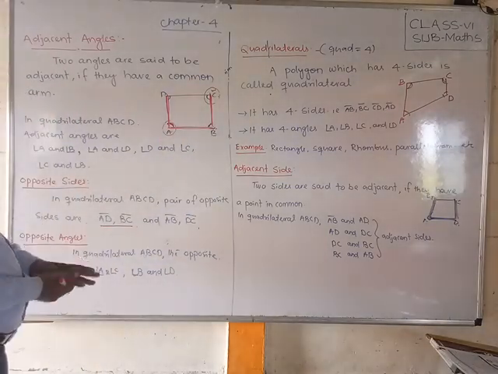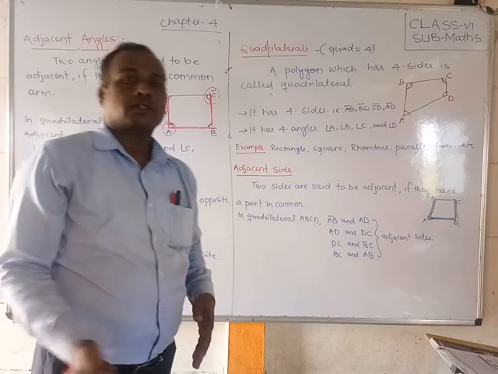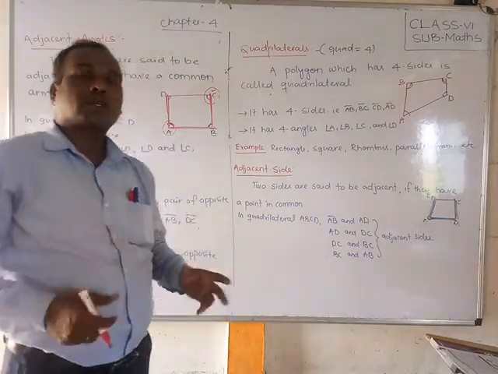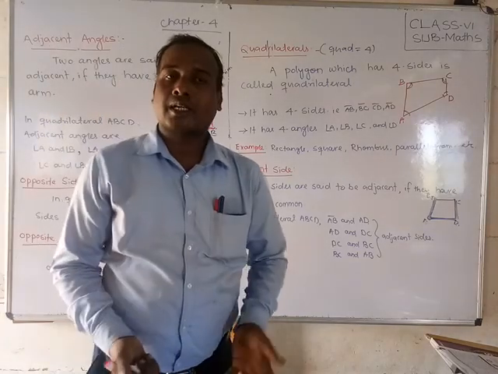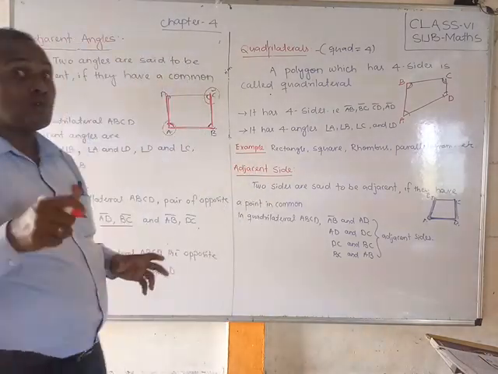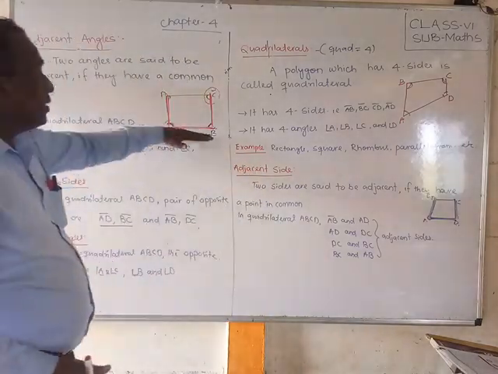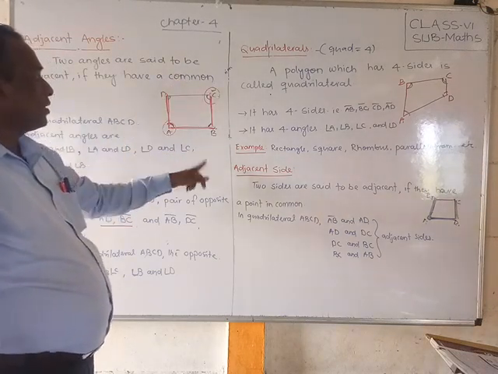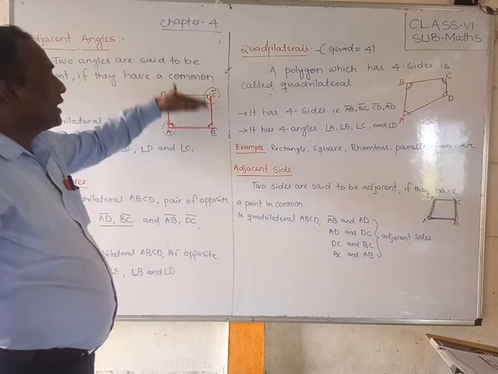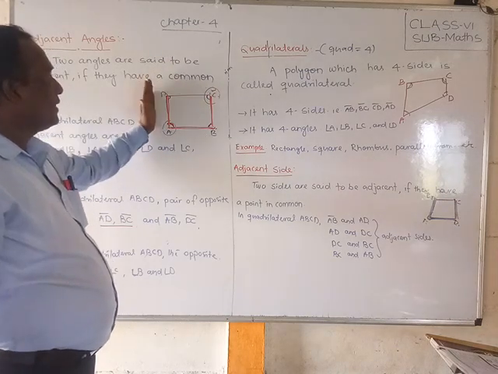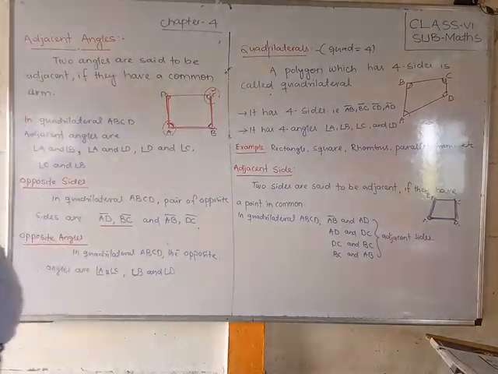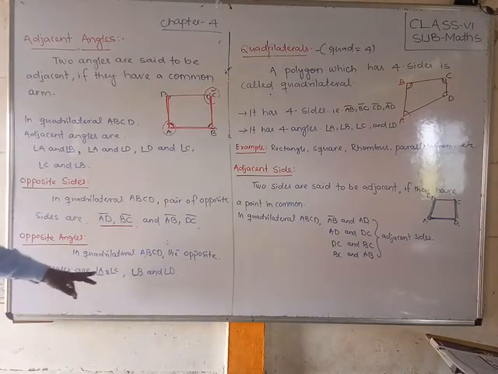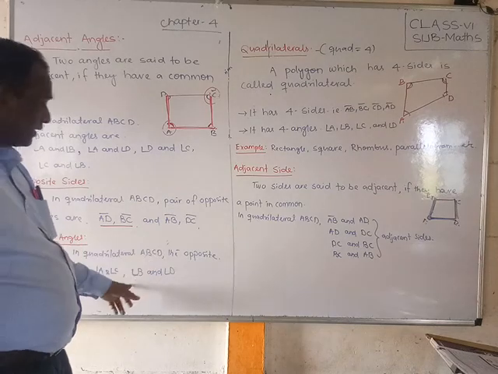Remember, students, why you are studying this. Later, whenever you use different geometry parts, terms like opposite angles, adjacent angles and adjacent sides will come, and at that time you have to understand them. Remember that AB's opposite side is DC, and AD's opposite side is BC. Opposite angles in quadrilateral ABCD are angle A and C, and likewise B and D.